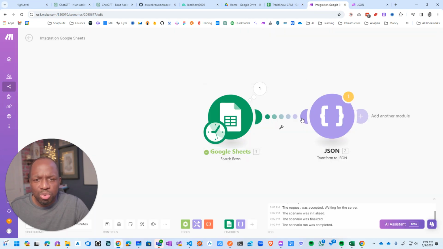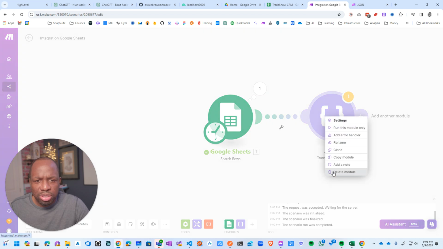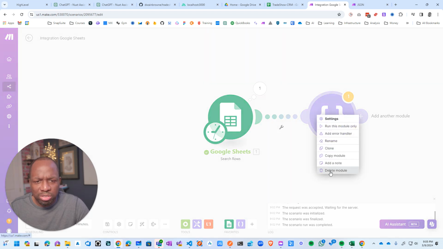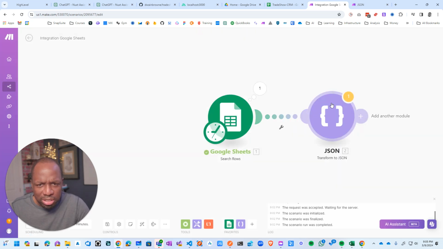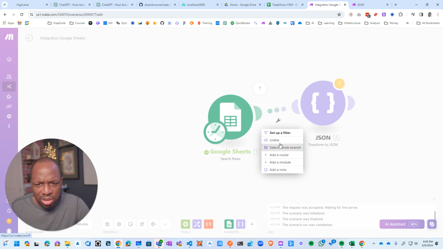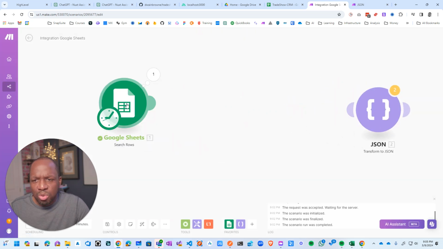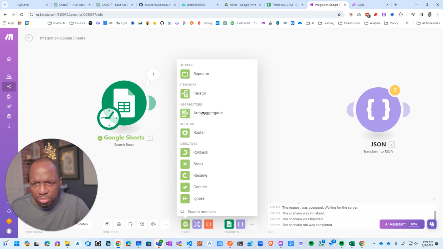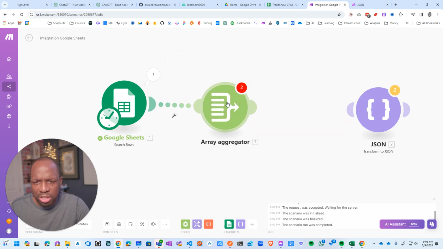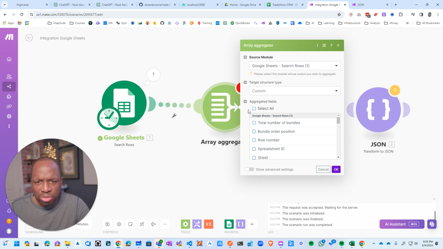So you have to first delete this. I don't know how to break these things together. I saw somebody did it, but I don't know how to do it. Or here, on link. So what I want is an aggregator. All right, array iterator. Yeah, look at this. So sheets, and then